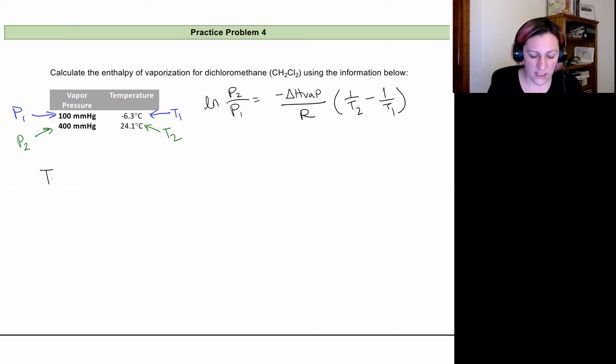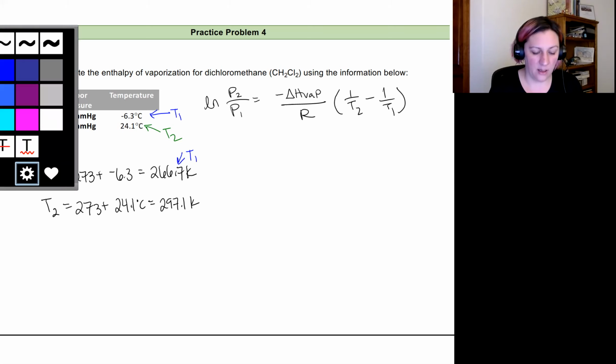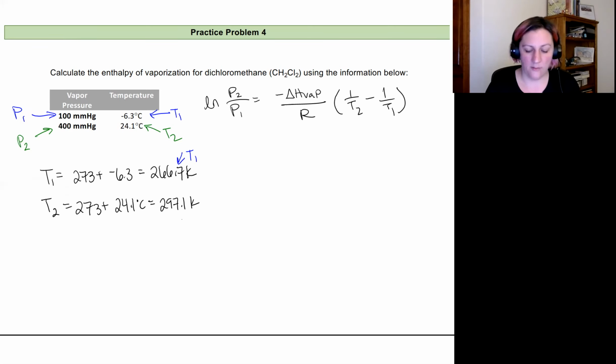So for our T1, it's going to be equal to 273 plus our negative 6.3. And that's going to give us a value that is 266.7 Kelvin. And our T2 is going to be equal to that 273 plus our 24.1 degrees Celsius that we have. And that's going to give us a value of 297.1. Okay, so I'll use those for my temperatures for my T1 and my T2